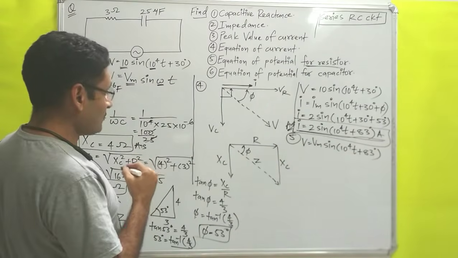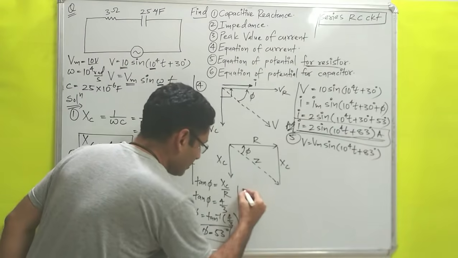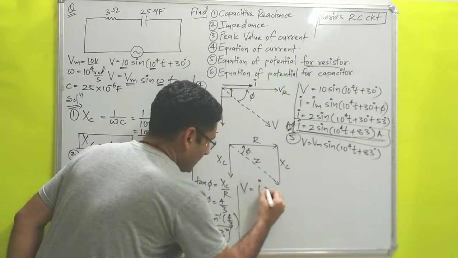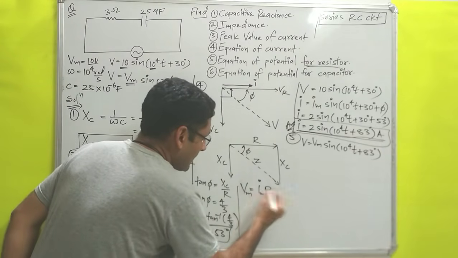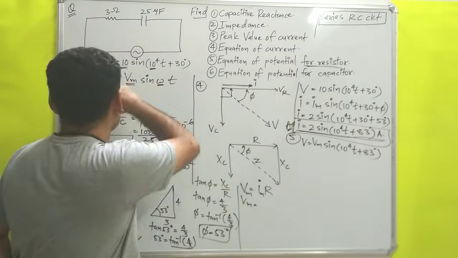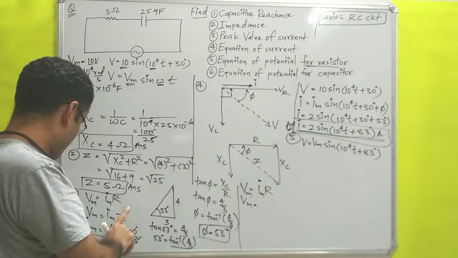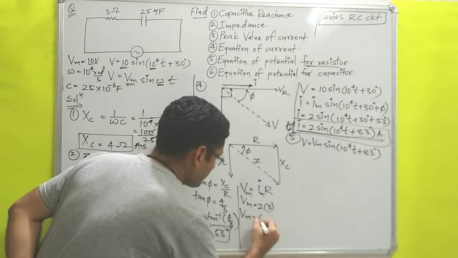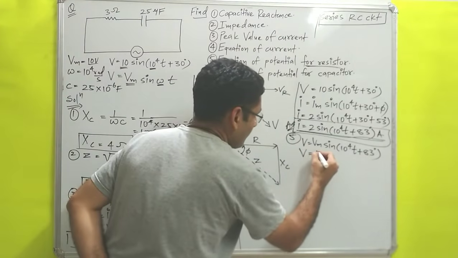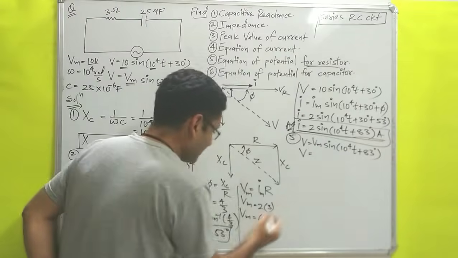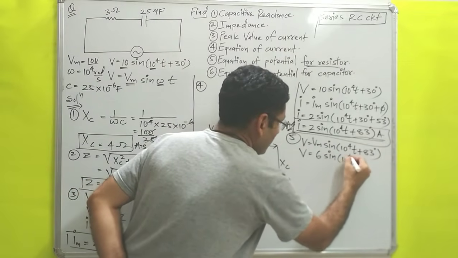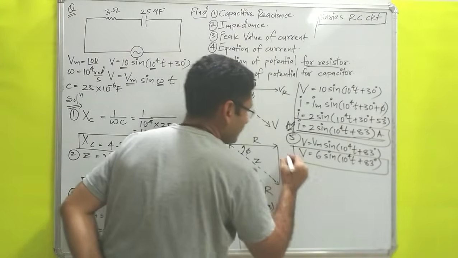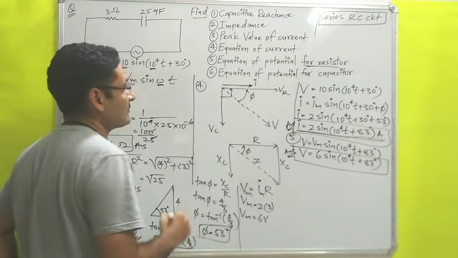Okay, so over here you have to find out the value of Vm. So how will we find the value of Vm? You know Ohm's law again. Ohm's law is V is equals to IR. So I will say Vm is equals to Im R. So Vm is equals to Im, somewhere over here we have calculated Im 2 ampere, and R is 3. So 2 3 is 6. So Vm is equals to 6 volt. So I will write the equation for potential for resistor only. So Vm is 6 of sine omega t plus phase is same as current, because in pure resistive circuit current is in phase with potential. So that is the answer of 5th question, equation of potential.